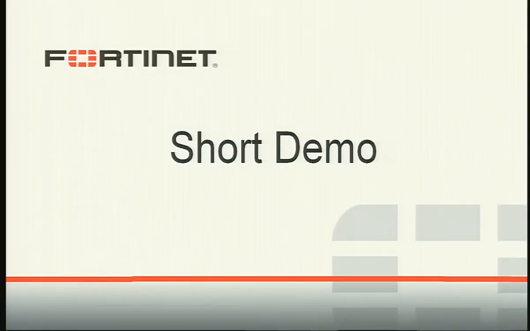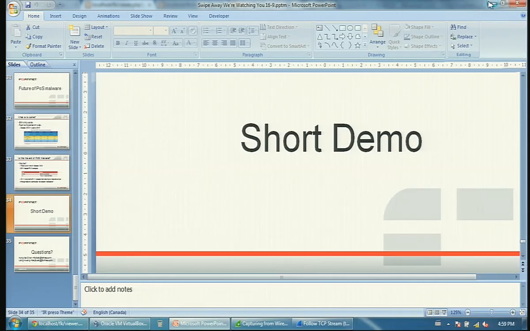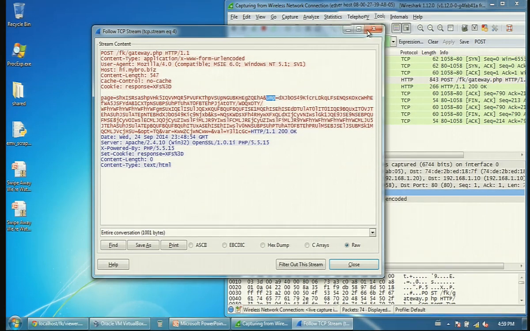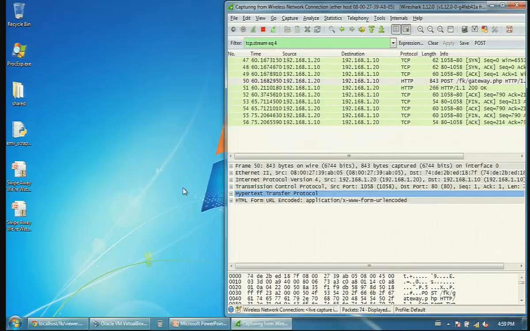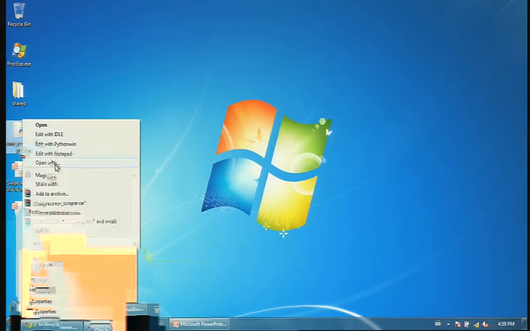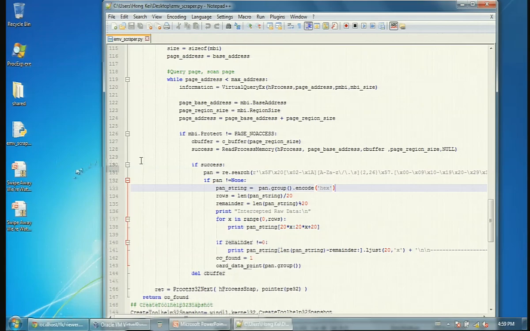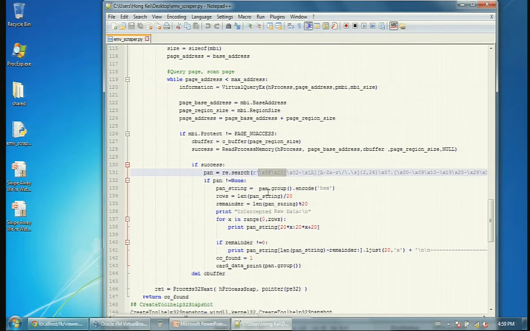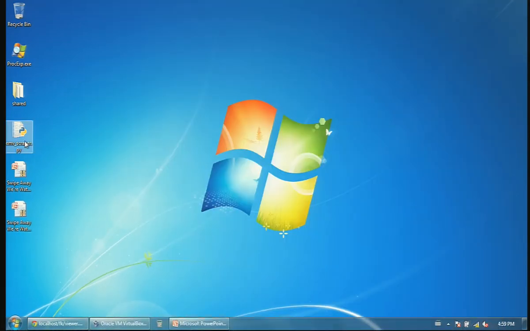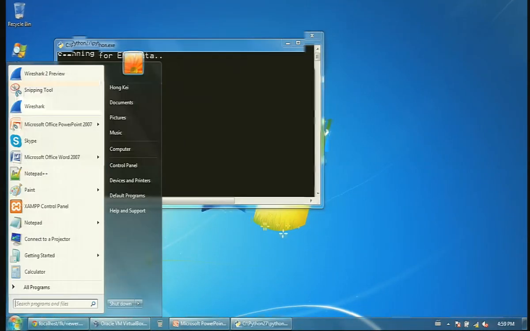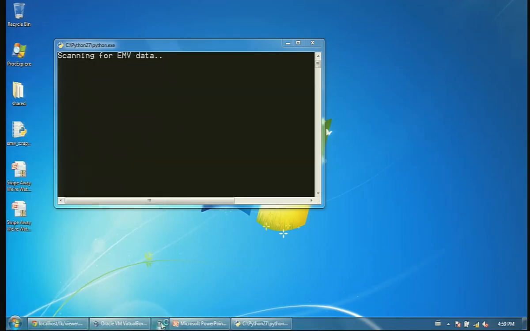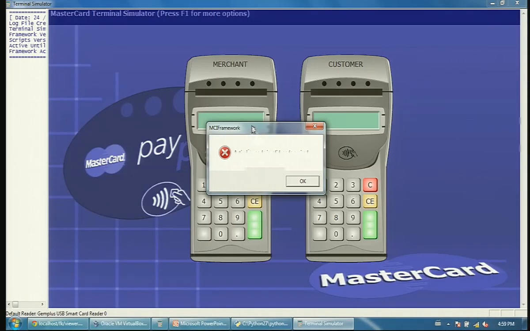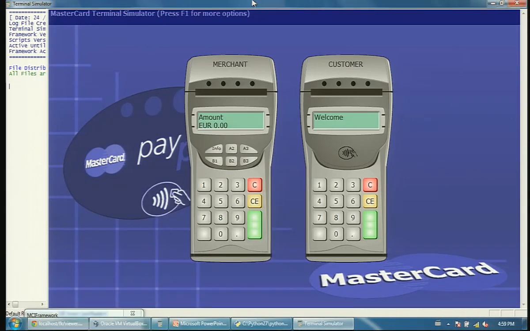And so I'm going to try to show this quickly. Sorry. What we have here is just a simple Python script that follows the exact same methodology that I've described in the presentation, except that for the regular expression, it uses the tags 5F20 and 57. I'm first going to start the process. And then I'm going to open up a simulated terminal that I downloaded from